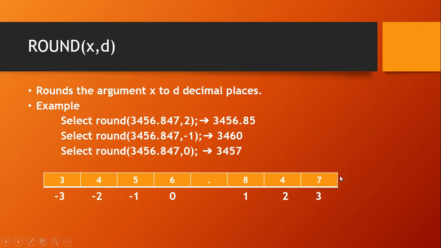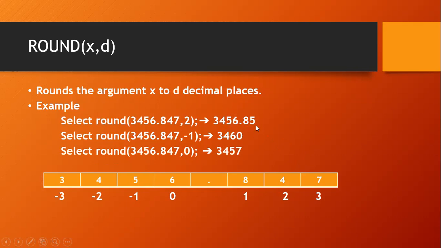So before removing that third decimal place, you have to check whether this number is greater than or equal to 5. Yes, 7 is greater than or equal to 5. It is true. So what we have to do? A plus 1 has to be added to the immediately previous place of this 7. Plus 1, not plus 7, plus 1 is to be added to this place. So this 4 will become 5, and hence the output